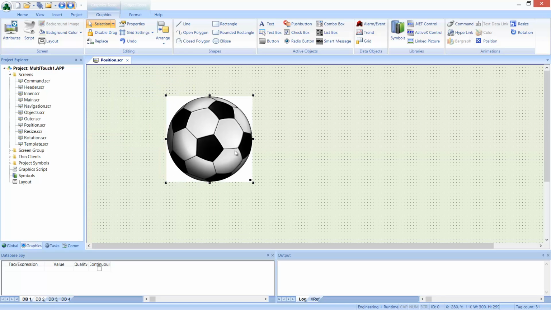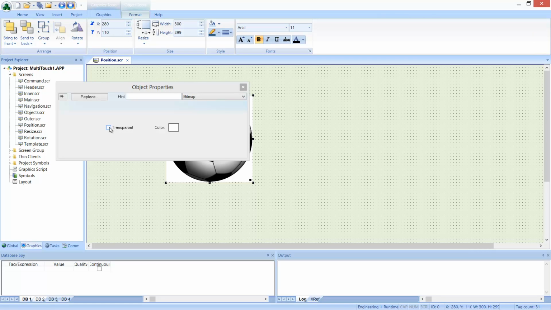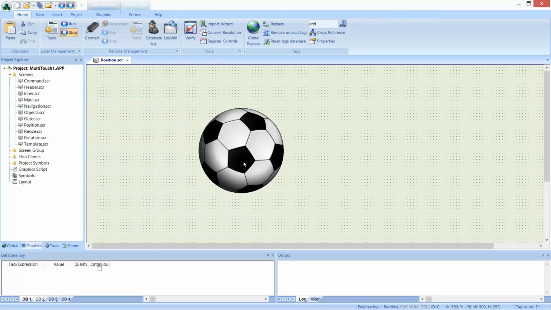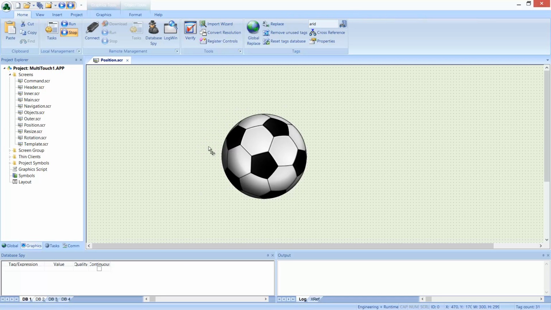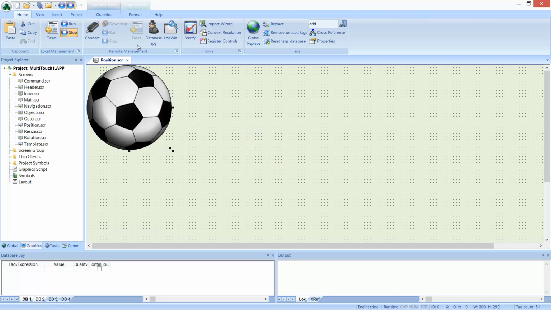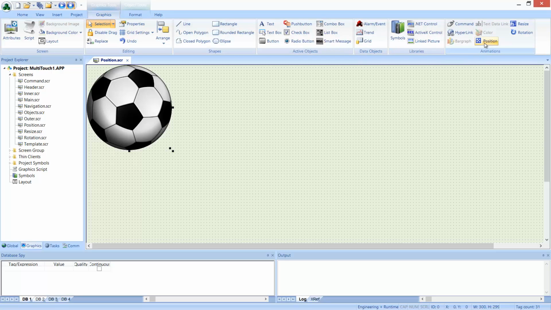If you need more information on how to handle graphics, you can see some of our other training videos that we have. You see this extra little handle here? This is the place where you pick what color you want to be transparent, if you have that chosen, which I'll choose, and now we have a nice little soccer ball or football, depending on what part of the world you're from. Here, I'm going to stick this up in the upper corner, and I'm going to apply a